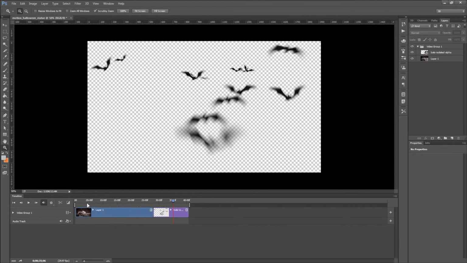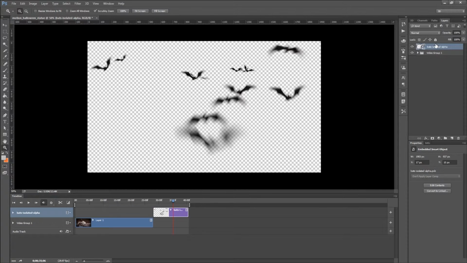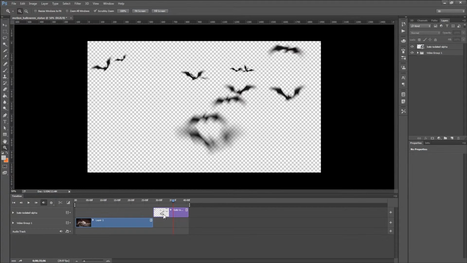stock footage there. So what I'll do is go in my layers right here, click, and drag it out of this video group folder, right? And then I will drag the bats on top like that. On the timeline, which generally pops up if you import a video, but if it's not there for some reason, you can go to Window and Timeline, and that'll show your timeline right down here. Now all we've got to do is reposition this clip on top of